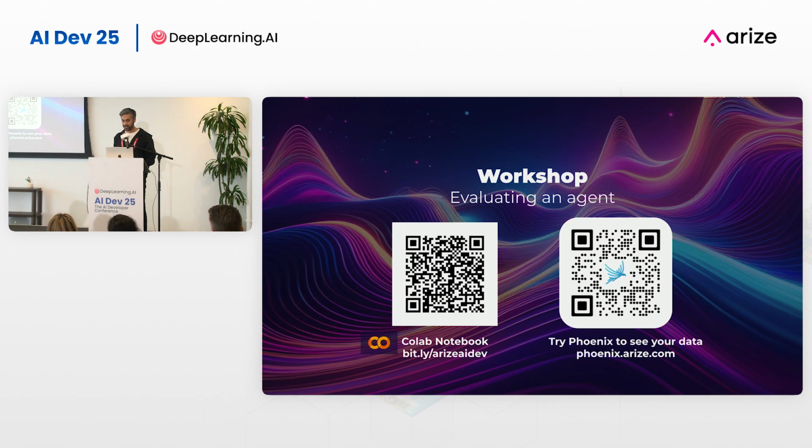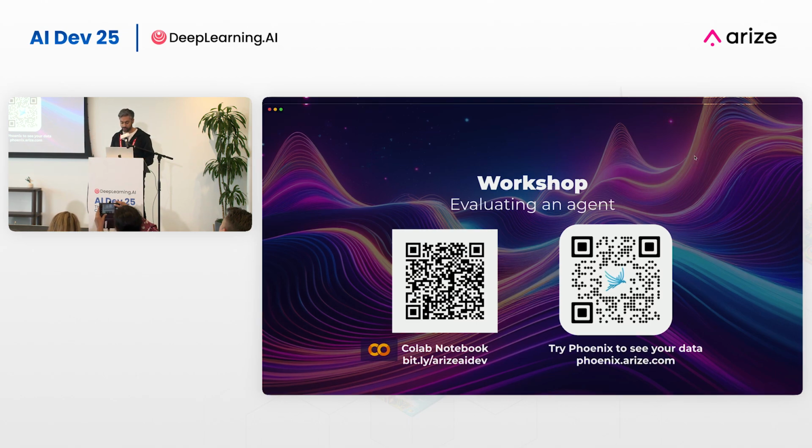Okay, we're going to get into the technical portion now. So on the left-hand side is a notebook. If you want to pull that up, there's a link at the bottom too. It's bit.ly/Arize AI Dev. And then on the right-hand side is the tool that we're going to use to actually visualize the information from the notebook. So this is Phoenix. This is our open source. You can host it yourself or use our cloud instance. The idea here is really we want to give more tools for developers to understand how their applications are working. And so, feel free to self-host it, or we're happy to chat more about your usage as well.